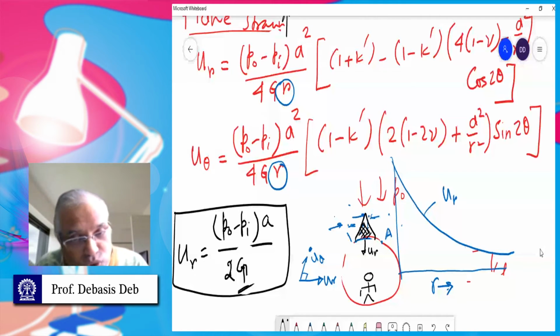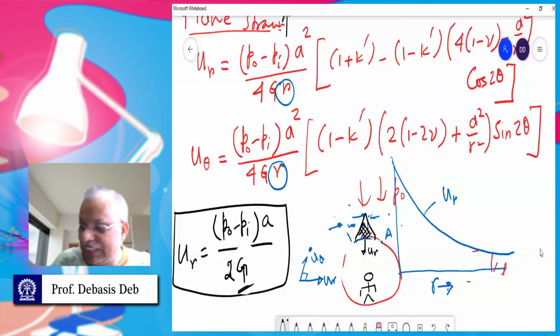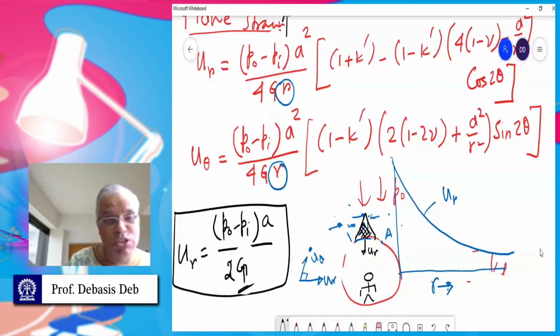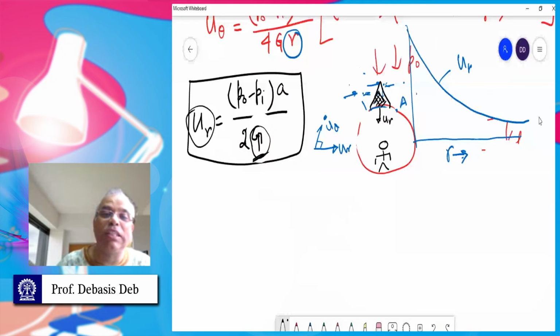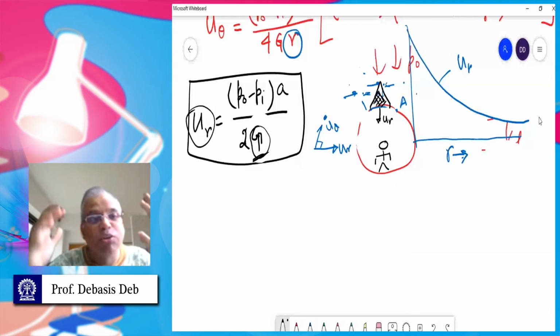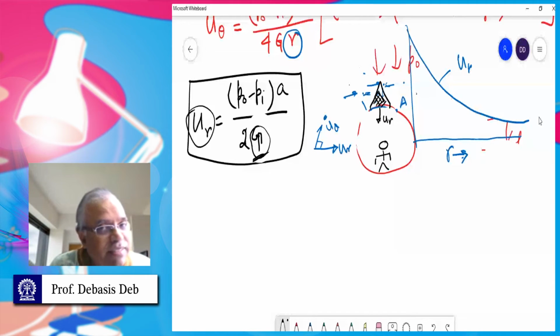If the material is loose, like soil, it will be very difficult to control your tunnel. It is not the stress which will collapse your tunnel. It is the displacement which will collapse it. If this value is very low, this will be extremely high. So you will not be able to control the tunnel. The moment you drive the tunnel or make the excavation, it will collapse. Those kinds of tunnels we call squeezing tunnels. Normally they are encountered in metro construction.